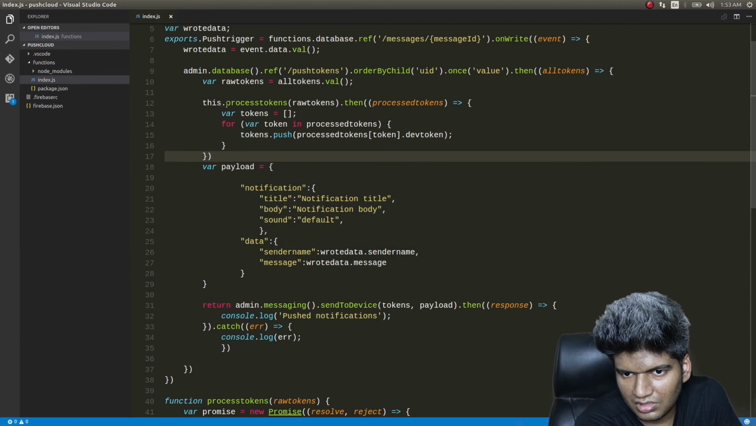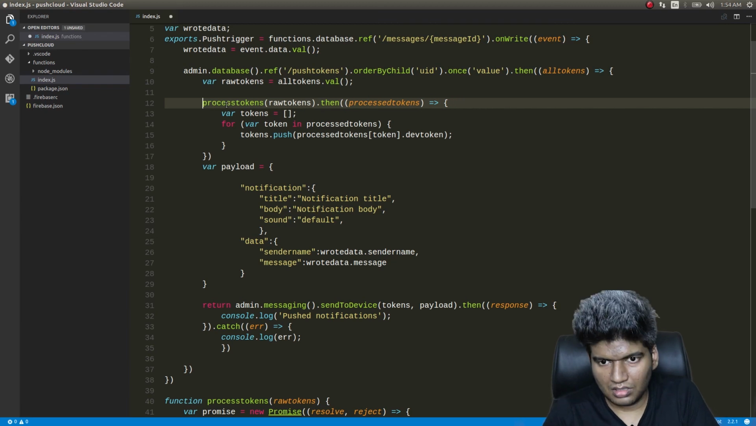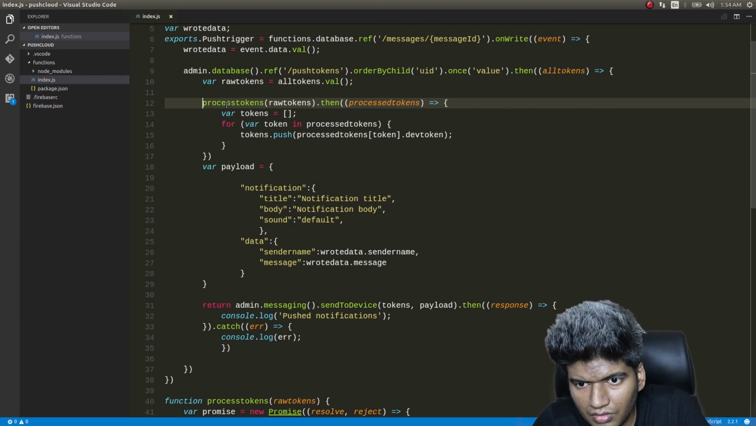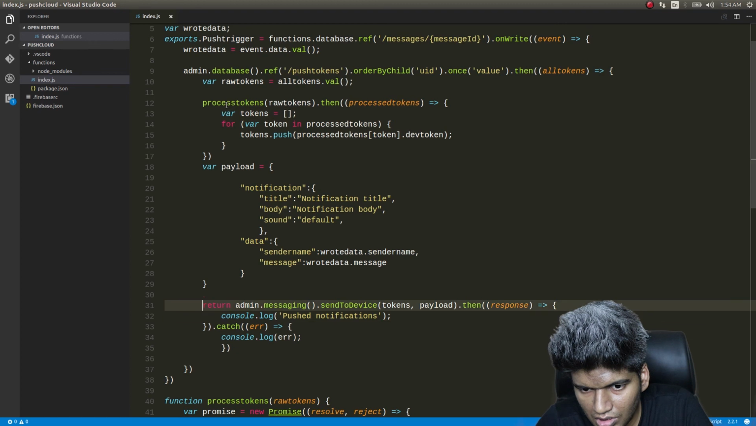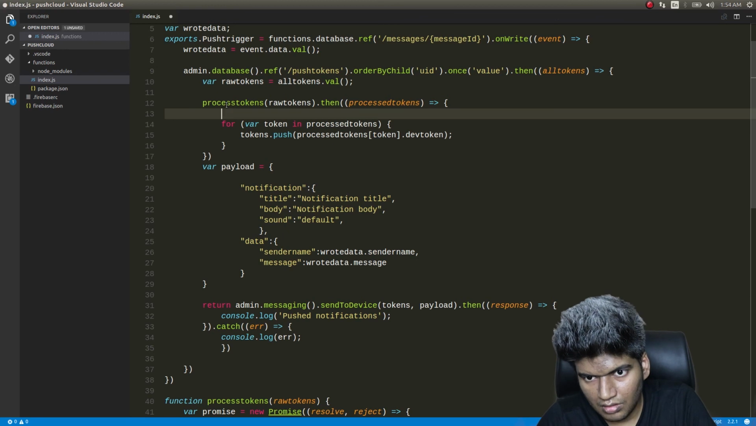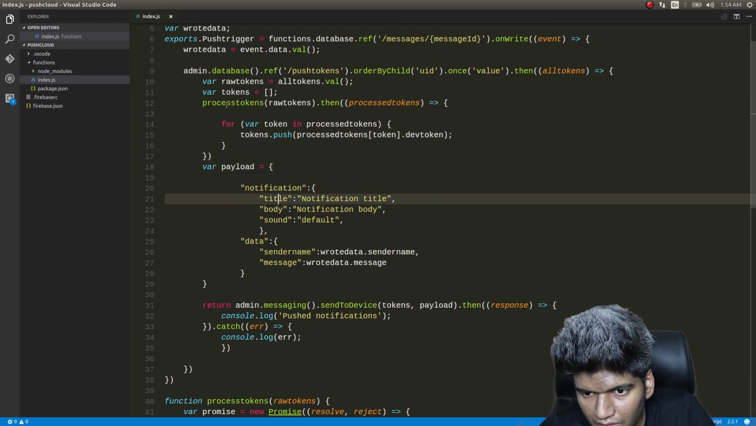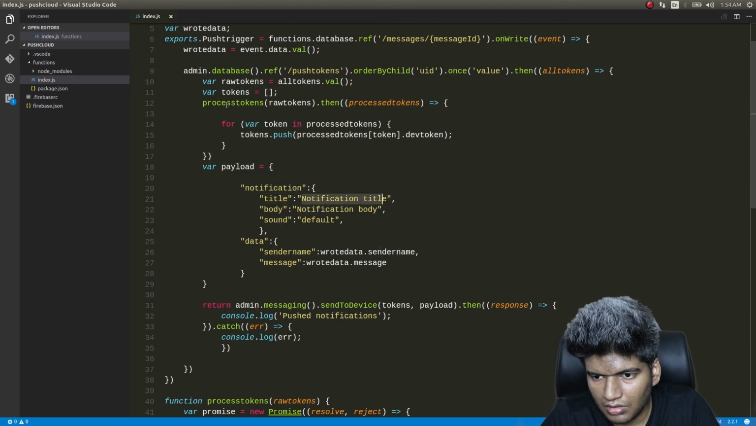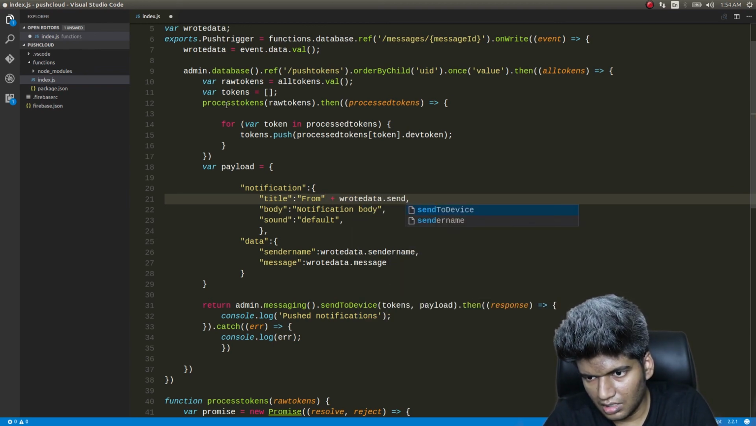This is not this.processToken, it's just processToken, right? I make these silly mistakes, guys. Let's see if there are any more mistakes. Inside this we have tokens, and these tokens can't be used here, they won't have any value. So let's move this outside. Another mistake avoided. And for this title, I'll give something useful, like from plus route data dot sender name